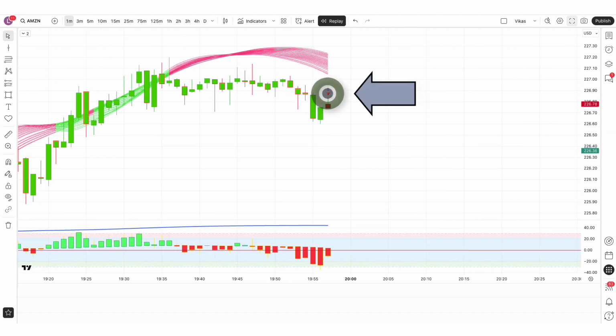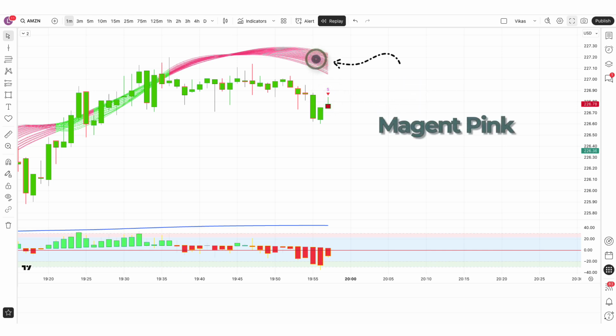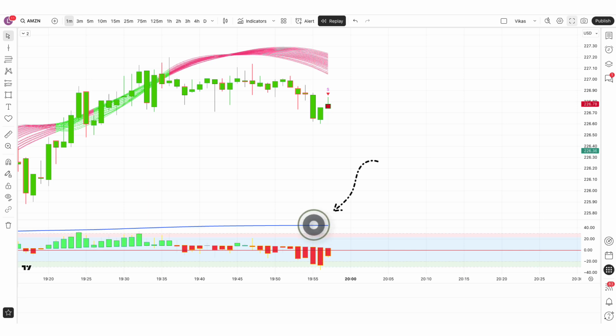When the STD filtered indicator gives us a sell signal, when the MA ribbon indicator shows magenta pink lines, when the Heiken Ashi RSI indicator line is oversold, when the market forms a bearish candle,